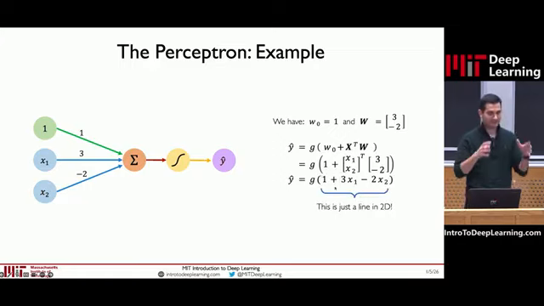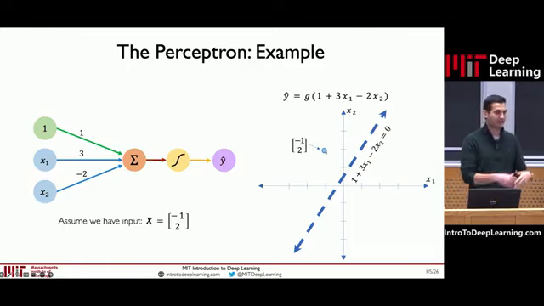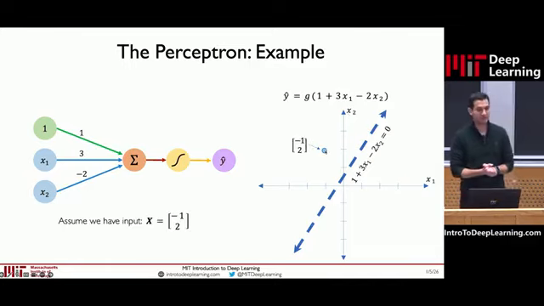Now, if you look at what's inside of the activation function, this is nothing more than a two-dimensional line as a function of X1 and X2, our two inputs. We can plot this line, right? This is a trained neural network, or at least a trained neuron. We can plot this line and observe what this decision boundary looks like in this space between X1 and X2. So for any new point, X1 and X2, if I want to pass in an input to this neuron, I can actually plot this point. So let's say I pass in a new input, -1, +2 is the XY coordinate of this point.